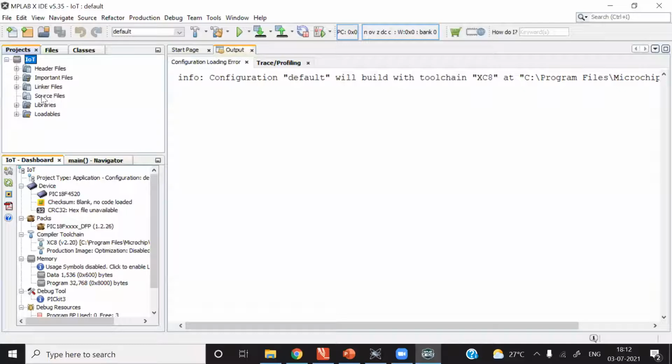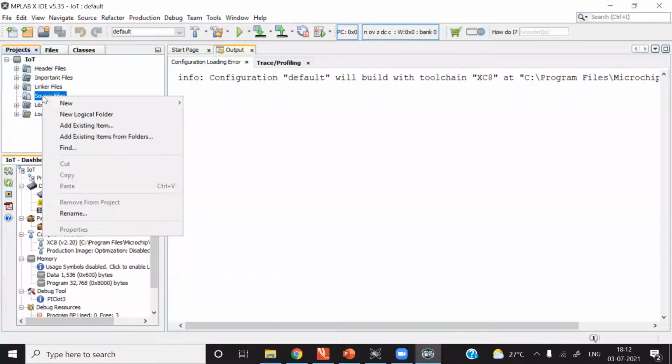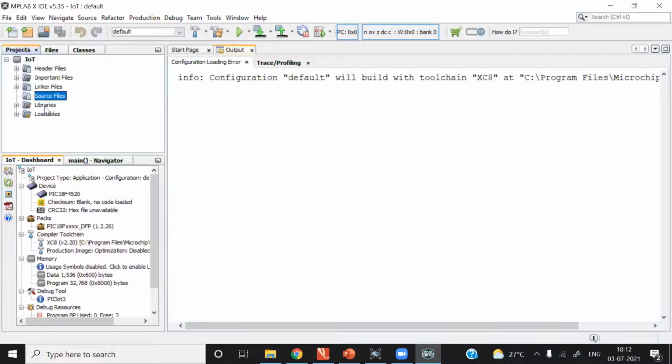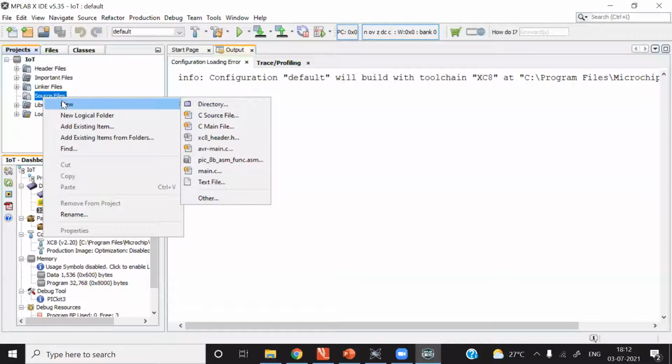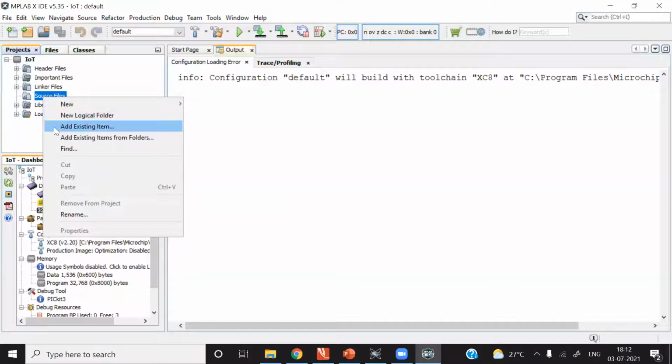You right click on Source Files here. Put your cursor on Source Files and click the right button of the mouse. One menu will pop up. Here there are a number of options: New File, New Logical Folder, Add Existing Item. If you have already written the C file, you can include it here by clicking on Add Existing Item.